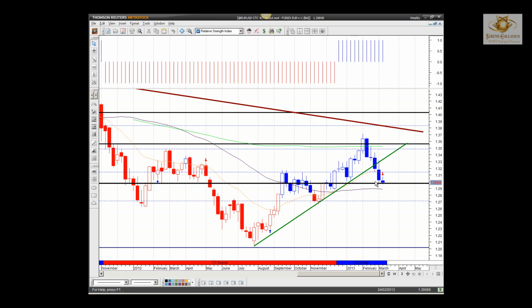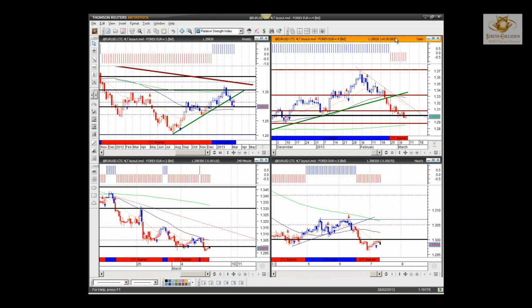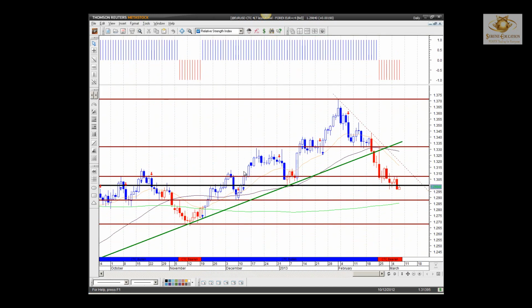So you've got to be aware of it, because people, if they're selling right up here on a weekly chart at this bearish engulfing candle, would ultimately look at these areas here as potential targets to the downside. So we've got to be aware of them. And you can see, I've plotted that on our daily. There you go, the black line, and you can quite clearly see price as we headed into this area here becoming very hesitant.